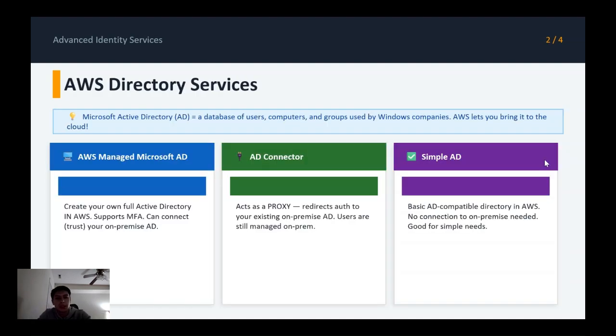Okay, first, what is Active Directory? It's a Windows technology that companies use to manage all their users, computers, and permissions from one central place. Now, AWS has three options for working with Active Directory. Option 1,